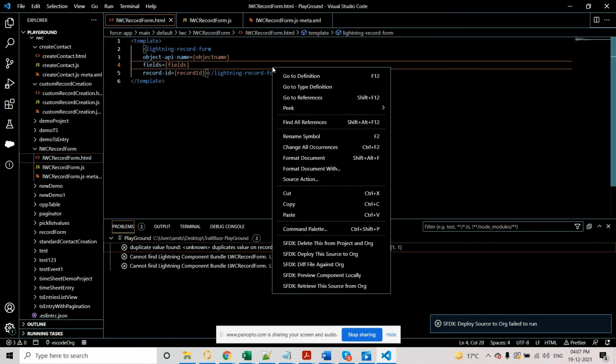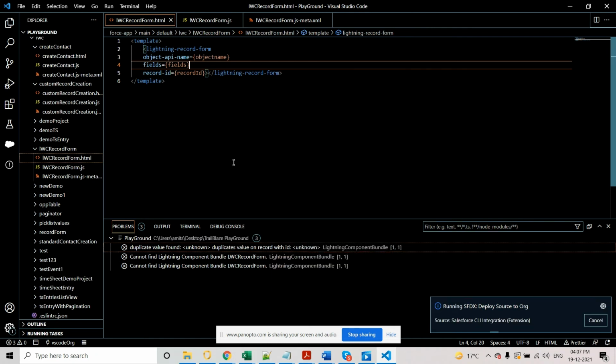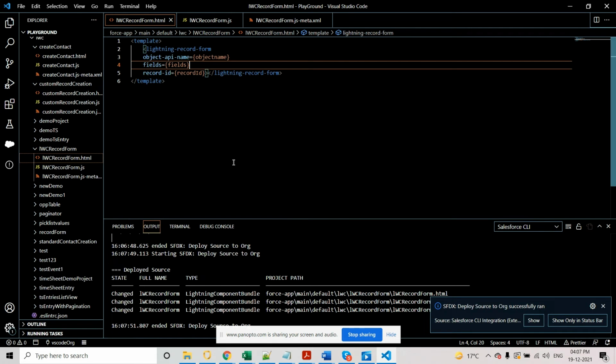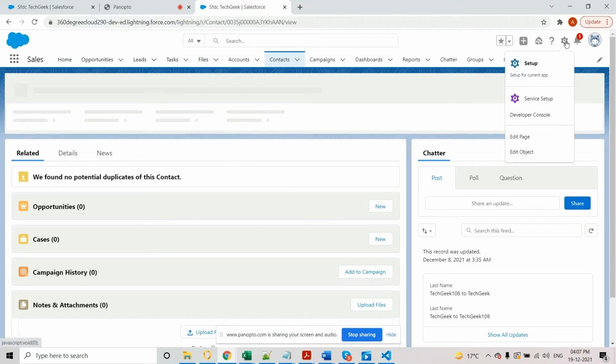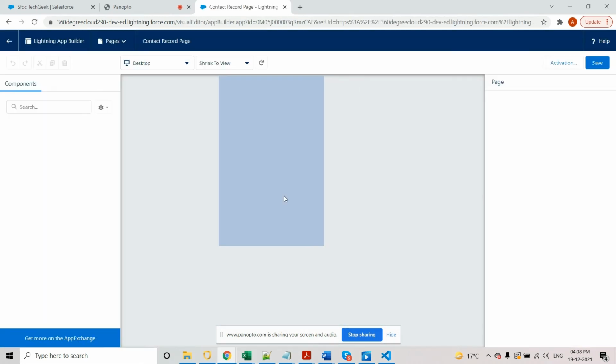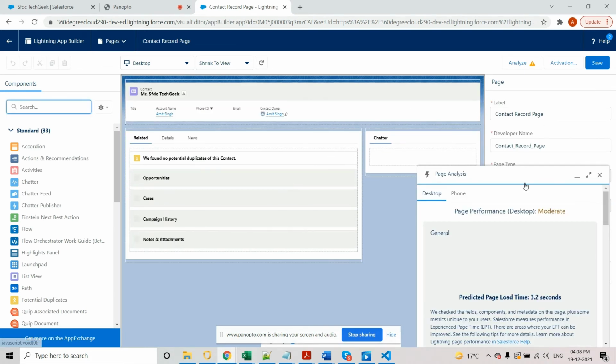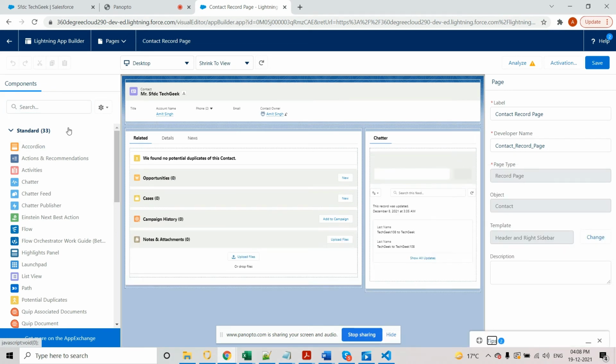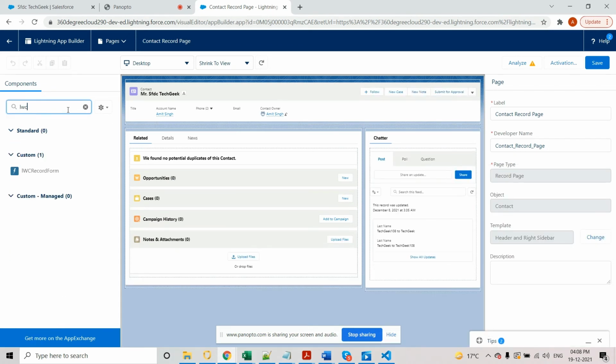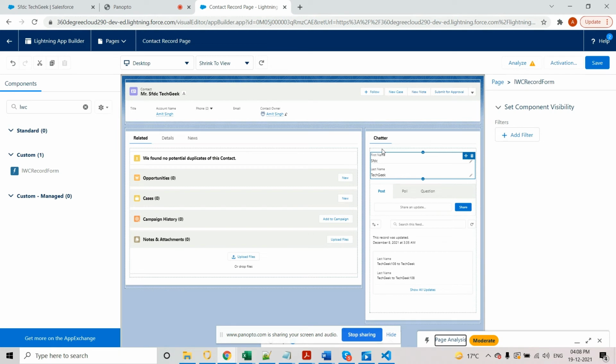Okay, now the error has been removed. Click on the save button and activate.